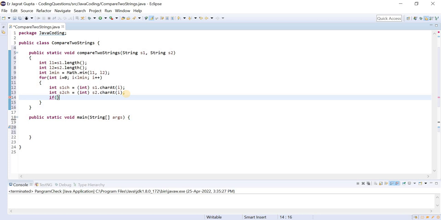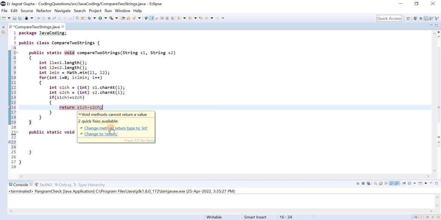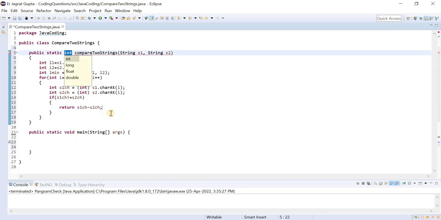If s1ch is not equal to s2ch, then it will return s1ch minus s2ch. It will not return 0, so we can say both strings are not equal. So this is the way we can apply.